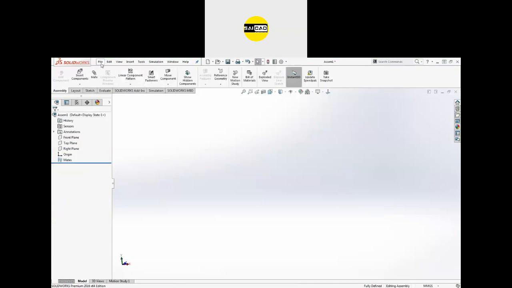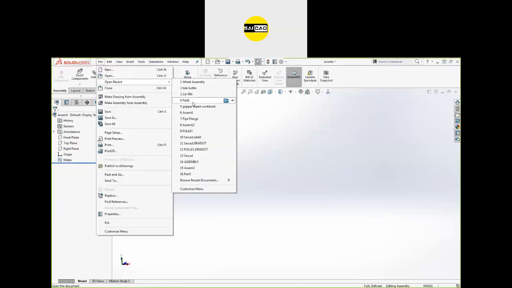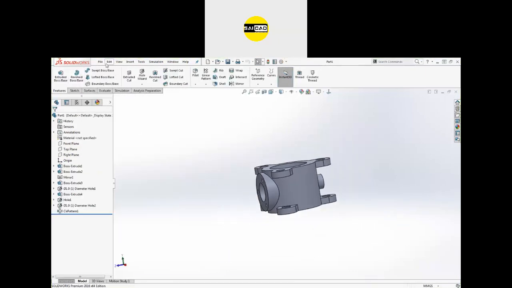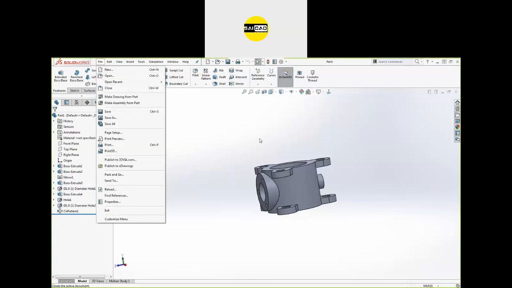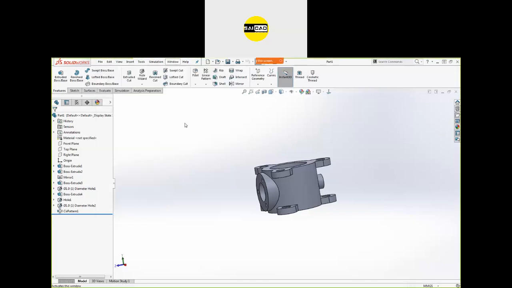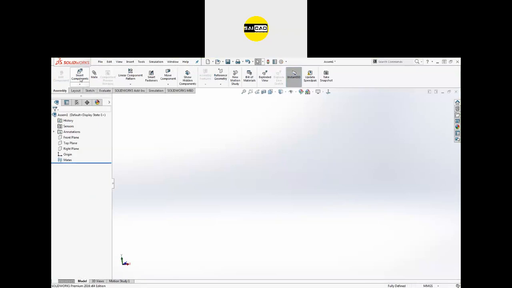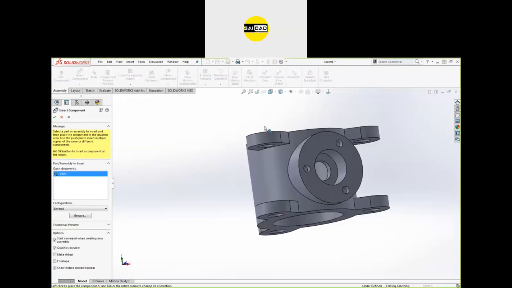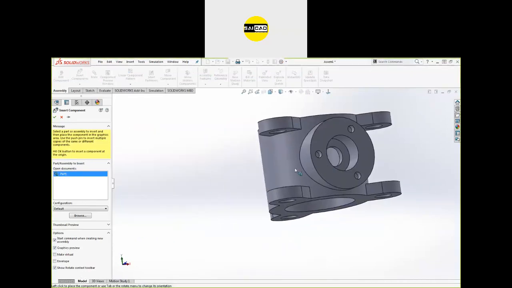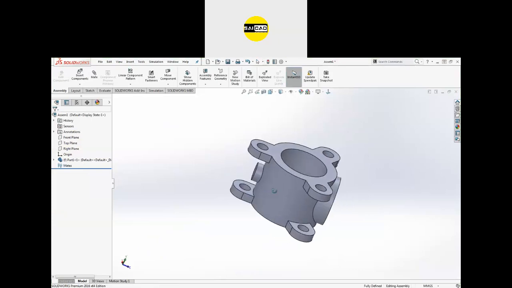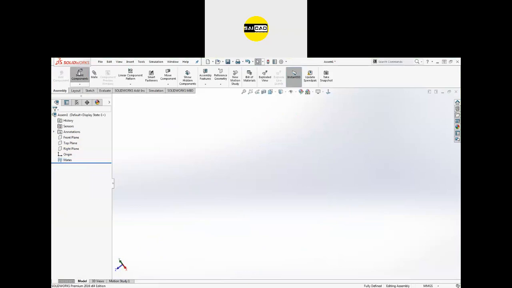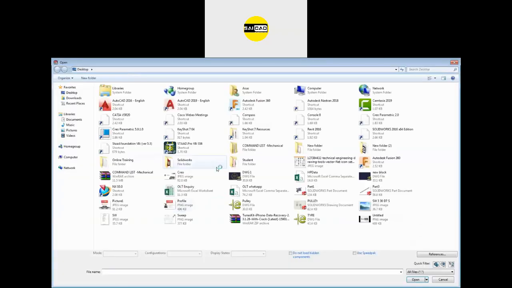So I'm going to open some parts first. We're going to use this part. So I have a part here. So I go to the assembly. Okay. So here I have the assembly. So if I go to the insert component, you can see that now we have the part here that is open currently in the software. So I can just select that and place that here. So in this way, you can just place a component. If you don't have a part opened, you can just go to the insert, go to the browse, and you can choose the part from the folder also.